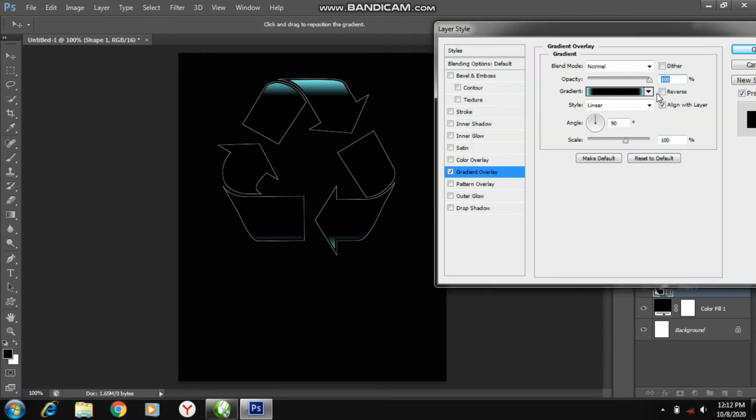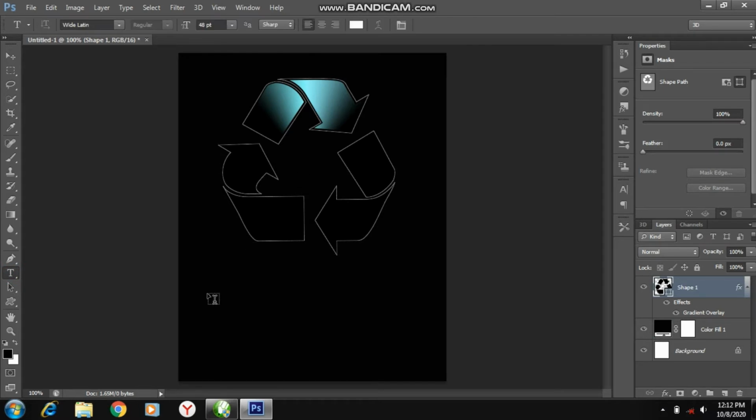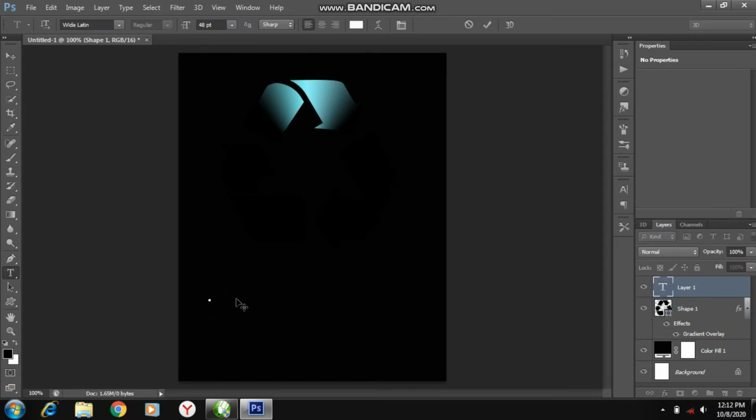Now you click and drag on this color, stretch it. You do the same thing here, click and drag. Then you create another color by double clicking and choosing blue color. Now you click OK and click OK again. Now on this style we choose angle, make it to be angle and click OK. Now let's add the text